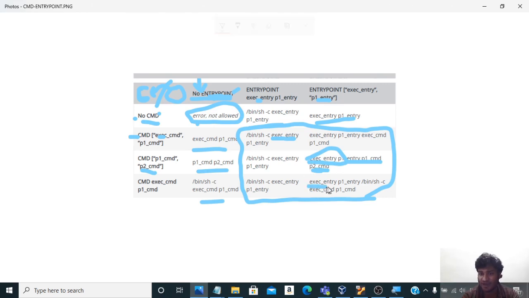The executable can only be from CMD if entry point is not there. So the purpose of the CMD statement is to provide additional parameters. This is what the CMD command is used for, but it can be used in a different way, in which we can totally neglect the entry point statement and just write the CMD statement.